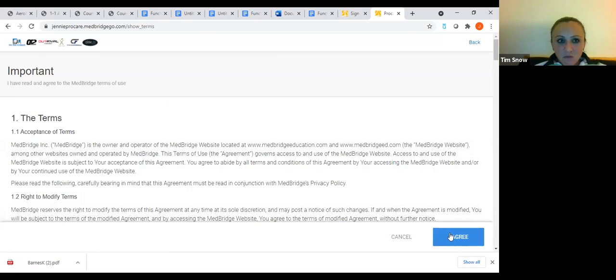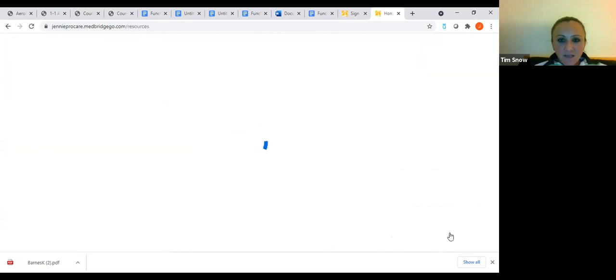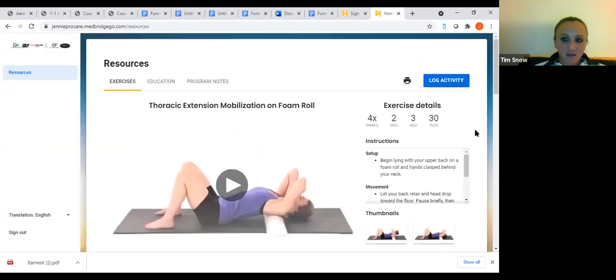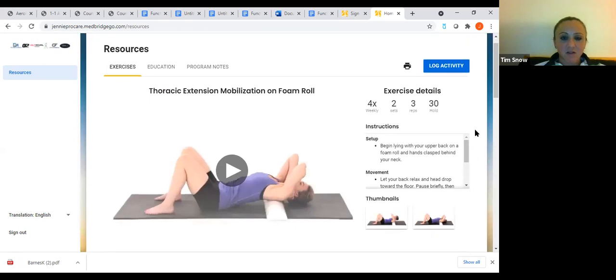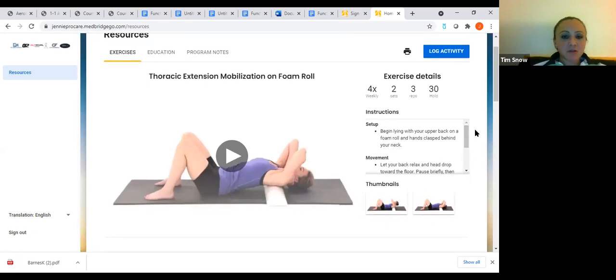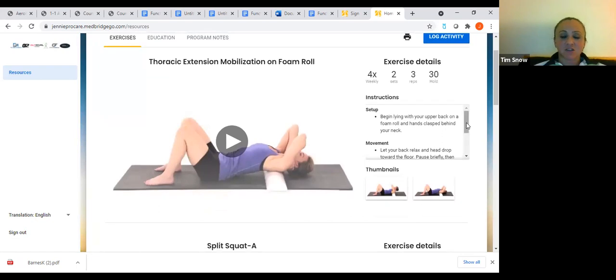Okay, so I use a website, an app called MedBridge that you can log into, and it will go through videos and instructions of different exercises. Sometimes I add other instructions in there too. So, example program.